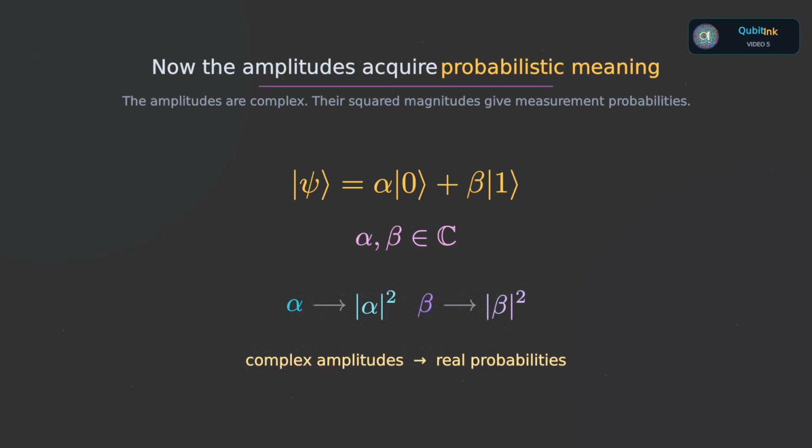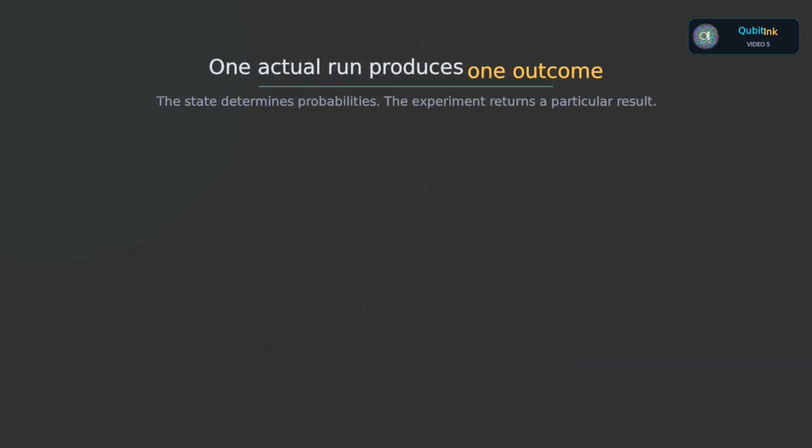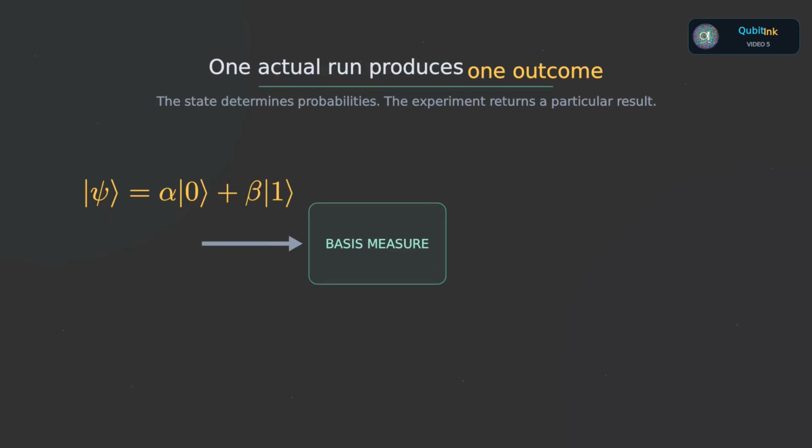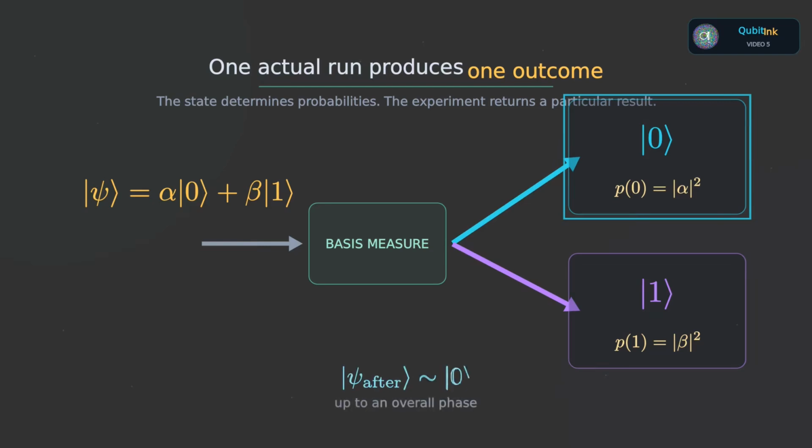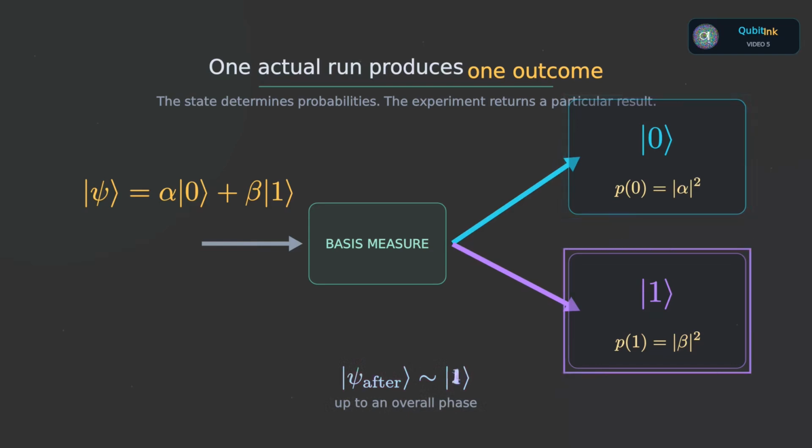Now consider one actual run of the experiment. Before measurement, the state may contain both basis components. But the measurement produces one outcome. If the observed result is 0, the corresponding branch is selected and normalized, leaving the 0 basis state, apart from an overall phase that has no observable effect. If the observed result is 1, the post-measurement state is similarly the 1 basis state, again up to an irrelevant overall phase. So one measurement run gives one classical outcome, while repeated preparation and measurement reveal the probability distribution predicted